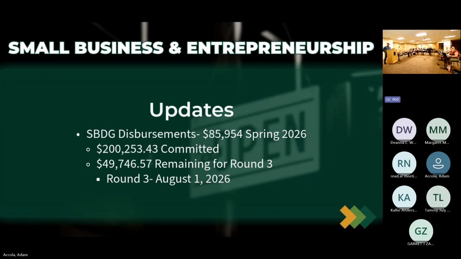On the small business and entrepreneurship front, we received in the last month our $85,954 request from the Wisconsin Economic Development Corporation for round 2 of our small business development grant. That brings us up to a combined total of just over $200,000 that we have committed to grants for small businesses throughout Dunn County. We have just shy of $50,000 remaining for round 3, which we are launching on August